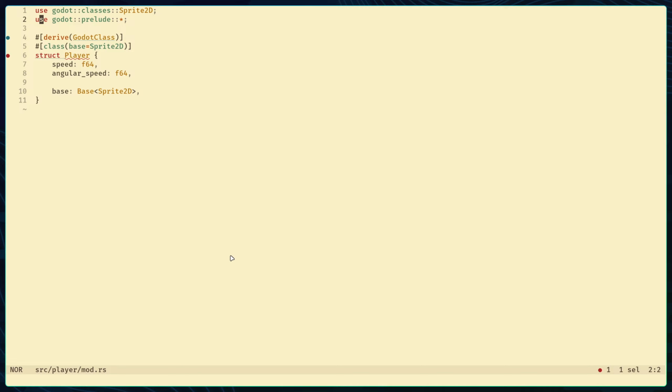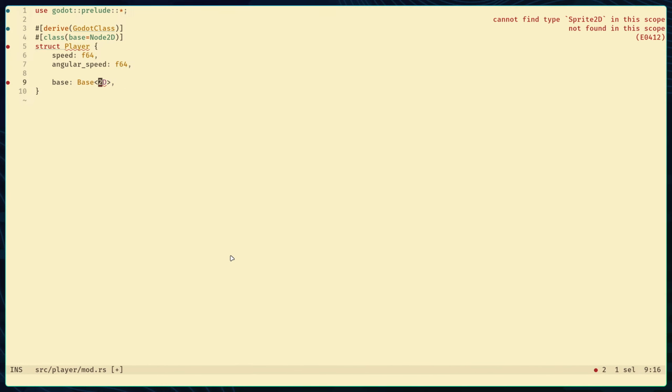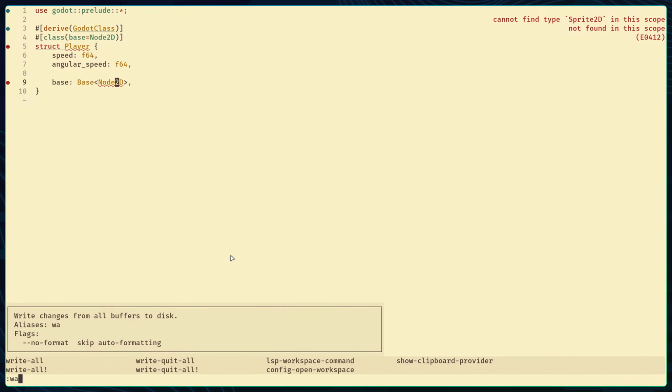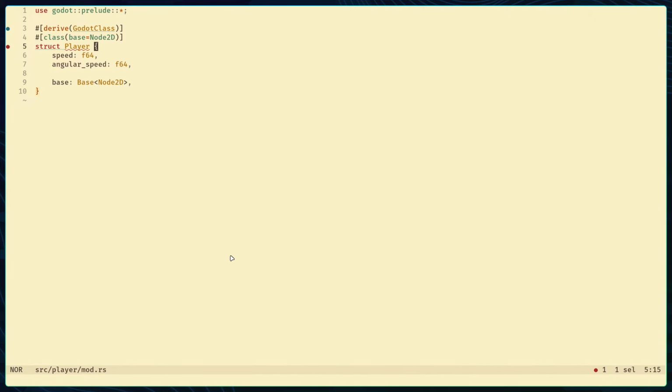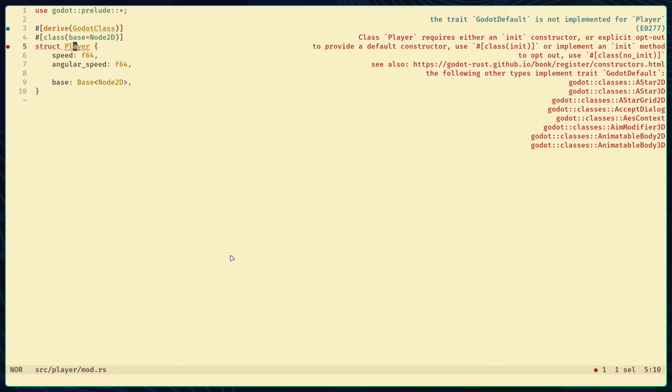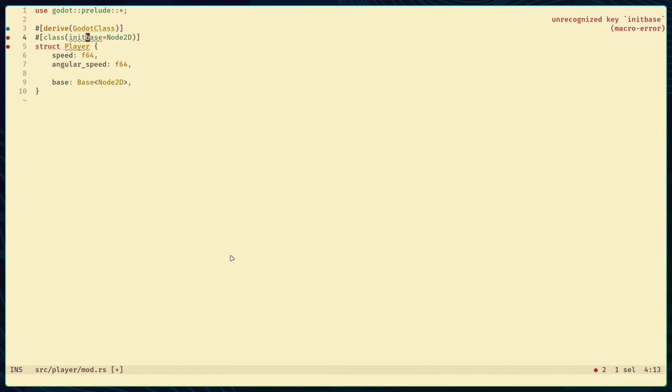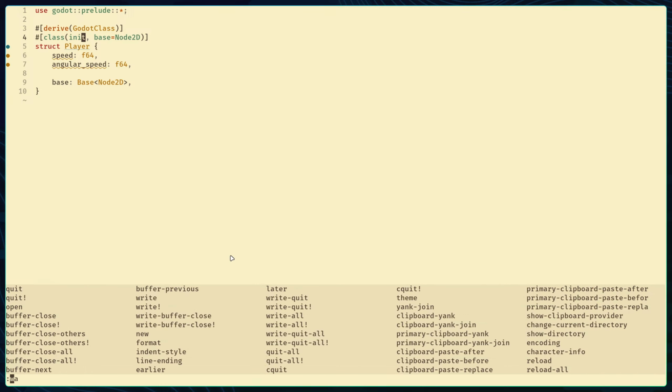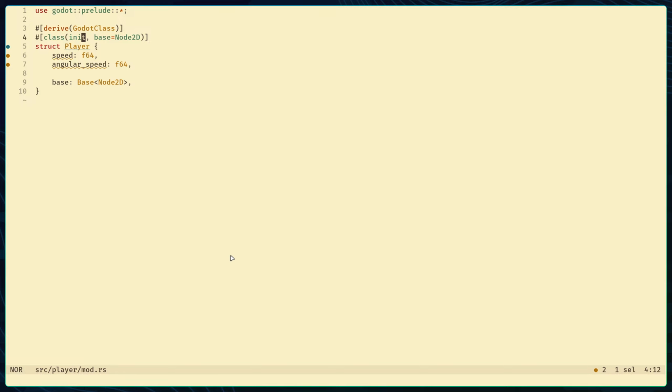And as you can see, the custom node uses the Sprite2D. We'll leave that. We'll just do a Node2D. There we go. We're having a bit of a problem. Class Player requires either an init constructor or a base. Okay, we'll derive. We'll just say that for now. I won't be explaining anything now. We're just trying to see if our setup works. But